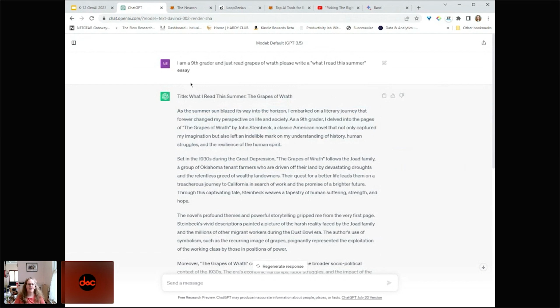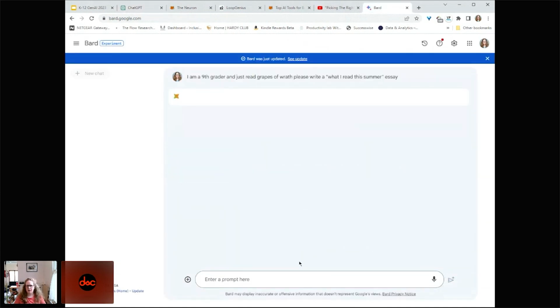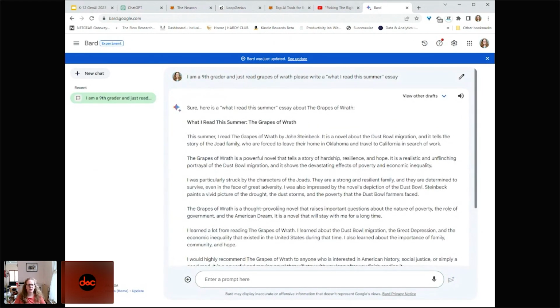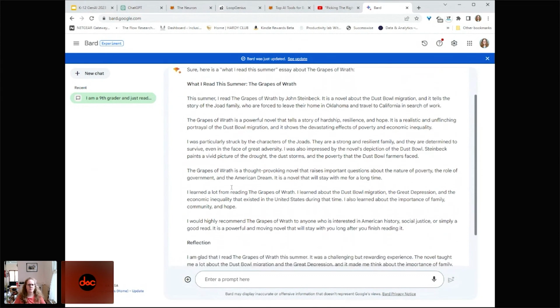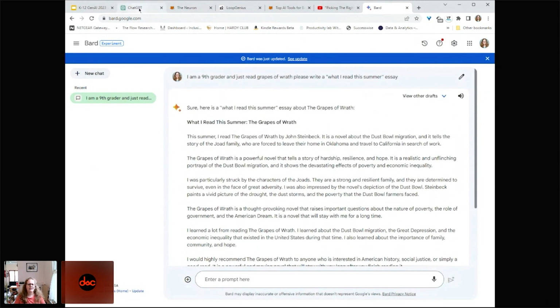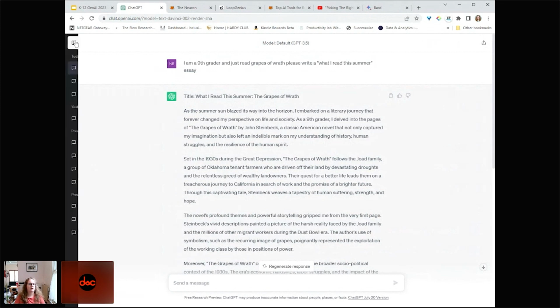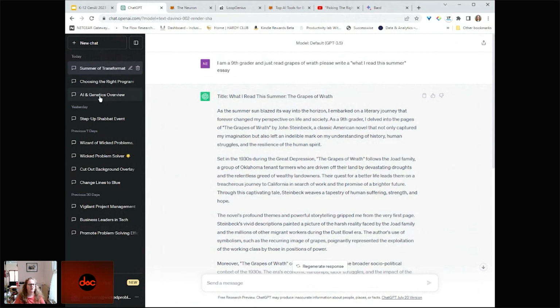You can put something like this into here, and you can put it into Bard, and you'll find that they will come up with two completely different answers. And so that's also helpful. This one's written a little bit more ninth grade, right? I read it. Grapes of Wrath is a powerful novel, blah, blah, blah, reflection, etc. Okay. So I've written something. That is not how I would suggest you use it, though. What works for me better is if I put in a number of ideas in draft format. So I write in 2 or 3 or 4 things. I did this yesterday. I think I can actually find it.